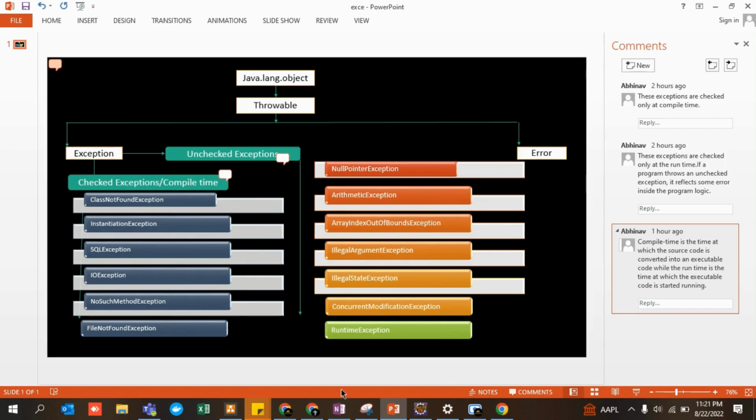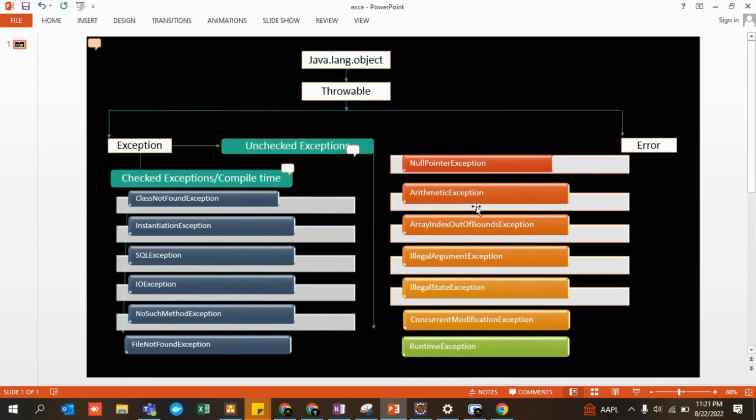I know some of you may get confused, but do not get confused. It's very easy. There are two types of exceptions. Those exceptions which are not checked by the compiler become unchecked exceptions, and those exceptions which are checked by the compiler become checked exceptions, right? So this was all about Java, right? But I will try to explain all these exceptions in very normal language, which nobody would be able to tell you.